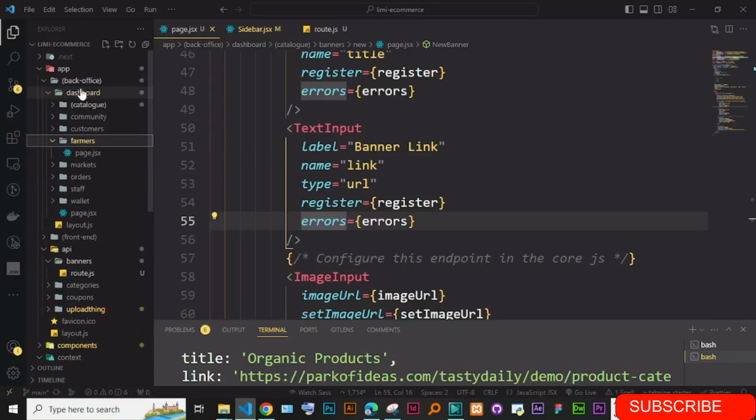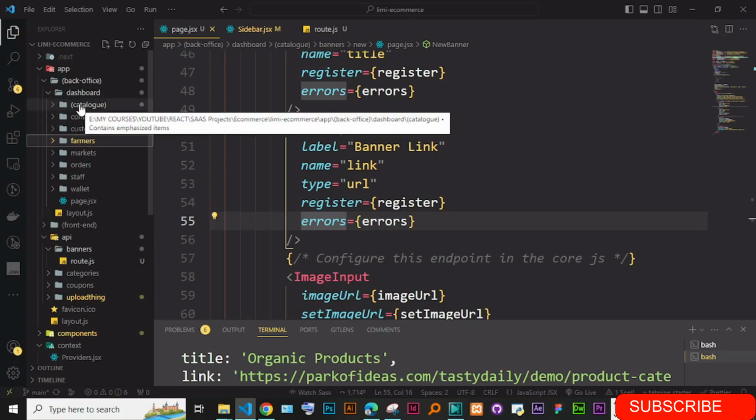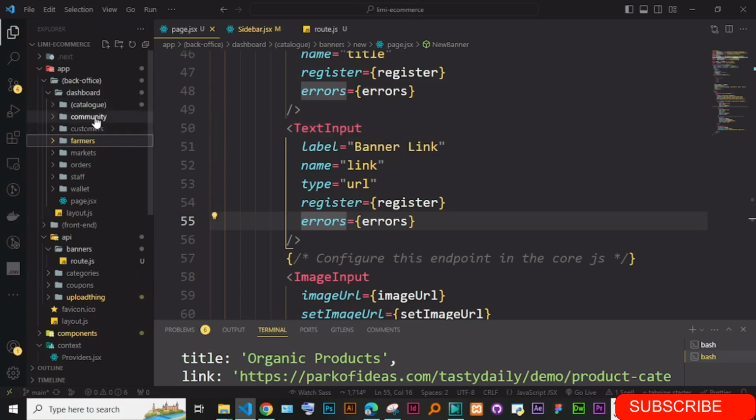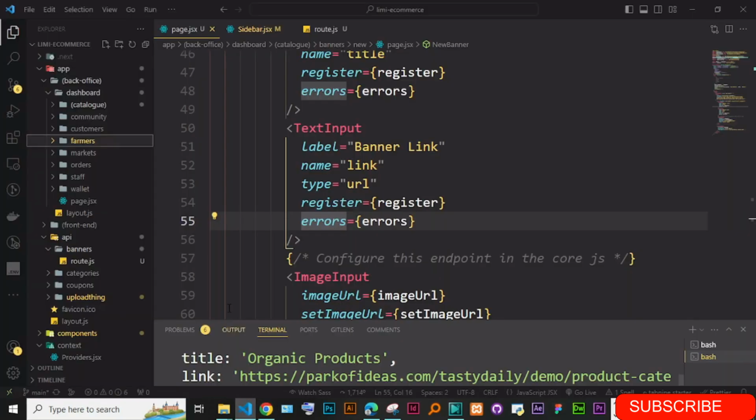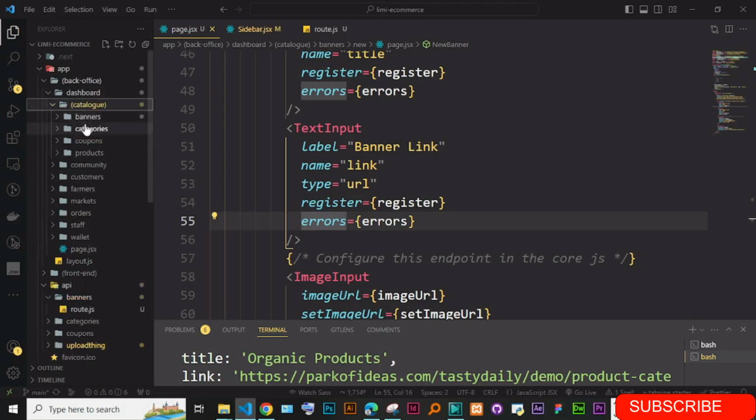I'm going to duplicate one, maybe the categories. There is no image here, and there is no need of the image right now, so I'm just going to duplicate the one which has no image, which is actually